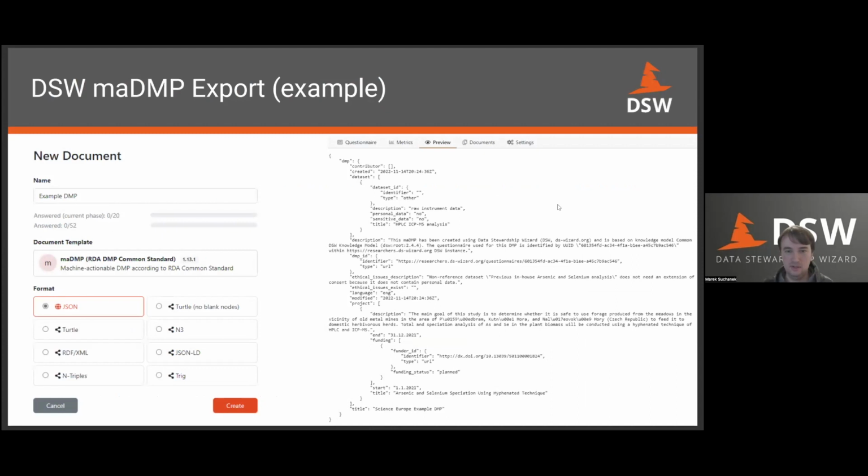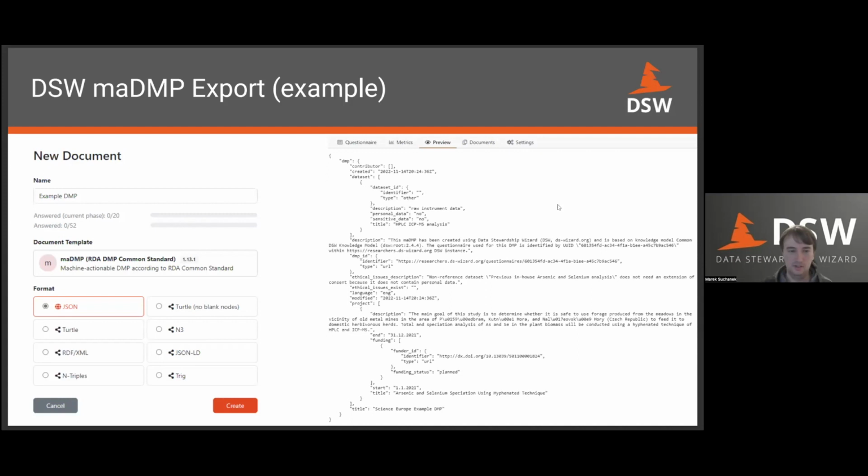Here it is how it actually looks like in the tool. So as I said, when the user is finished or needs to create a document from the questionnaire, the user can select here a document template. It can be, of course, Horizon Europe or Science Europe template, but one of those is also Machine-actionable DMP template.